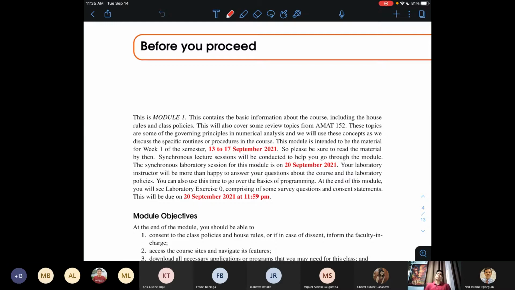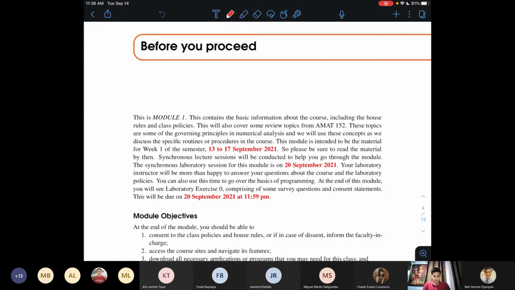So you can be assured that the PDF file of the module is standalone material for the entire week. Most likely you wouldn't need any other file for that particular week. If so, only a few, because the bulk, if not all, of the things that you need for a particular week would be contained in the modules.